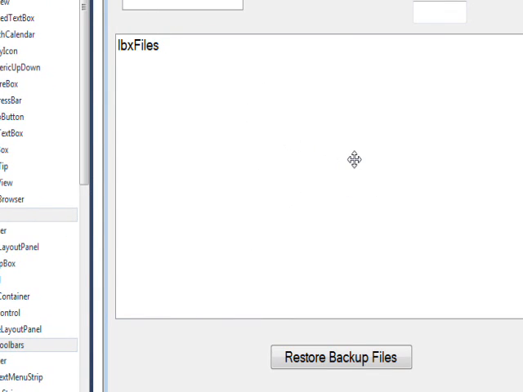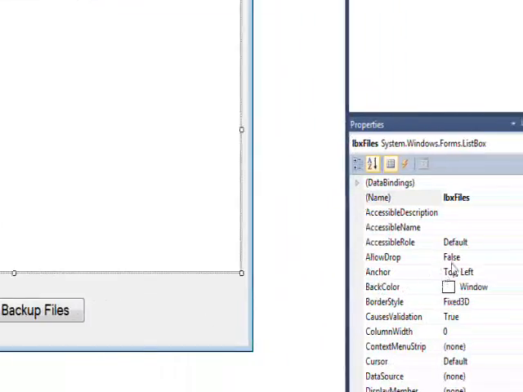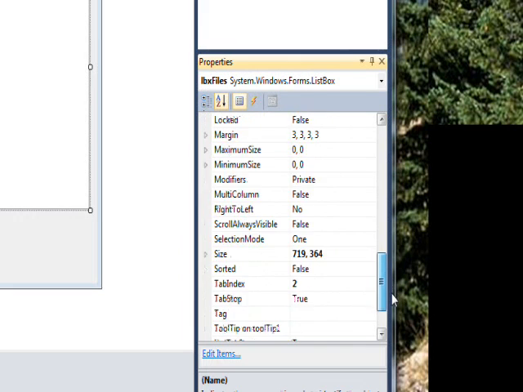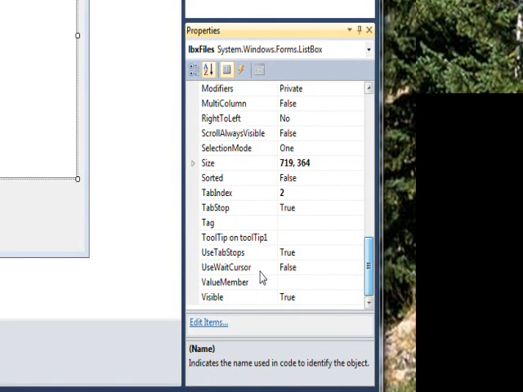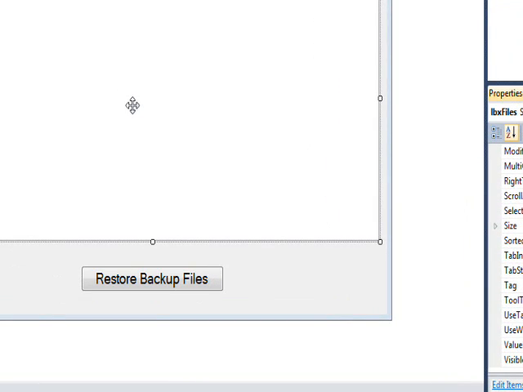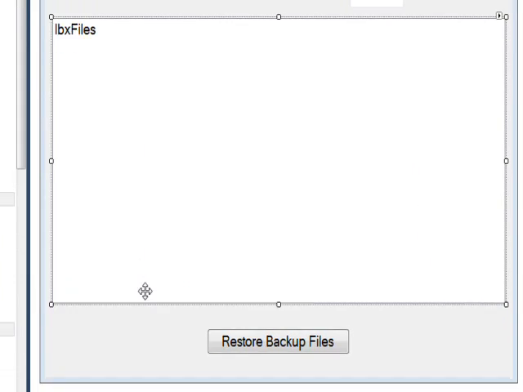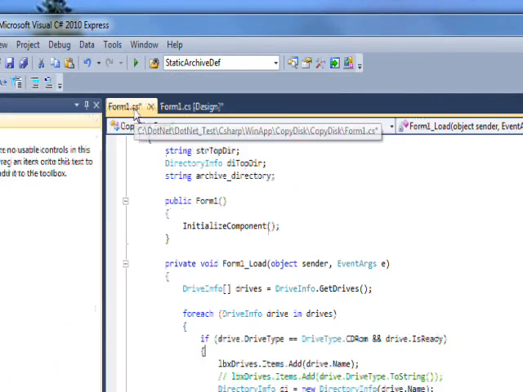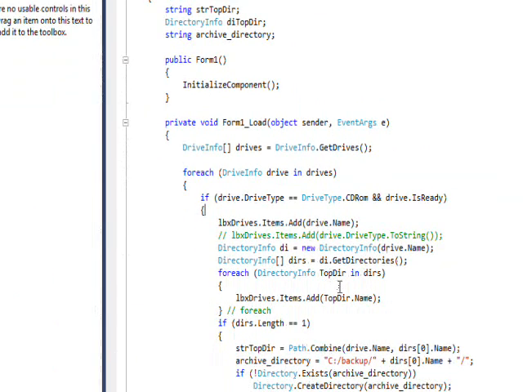You can do tooltips just by selecting the control, and usually there's a tooltip property that you can set directly. But in this case, we're going to use a generic tooltip and associate it with whatever controls we want. So if we go to the code behind and the form load,